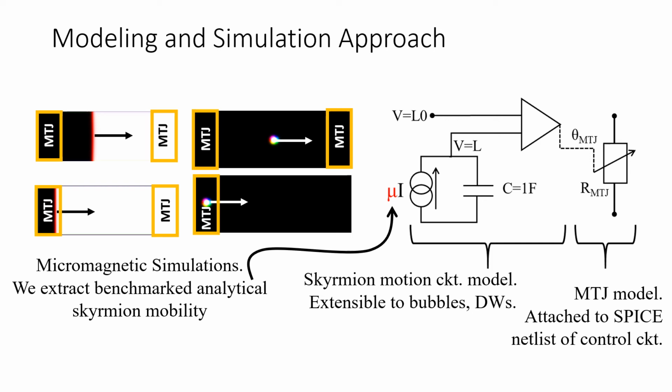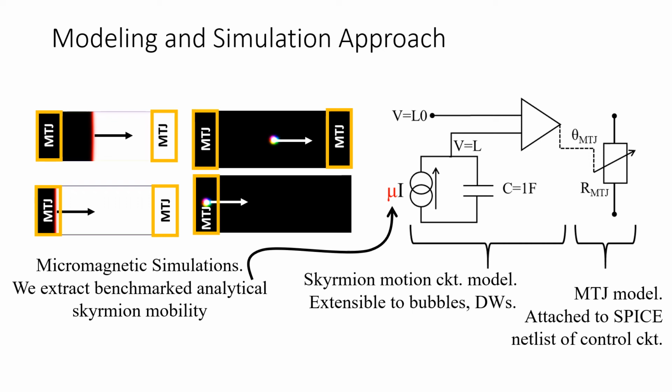You can actually work out, depending on the material properties, an effective mobility. So we use that mobility to build this circuit model. Essentially, I is the drive current that you're applying, and this mu comes from this model. And once you have that, all you do is you have an integrator